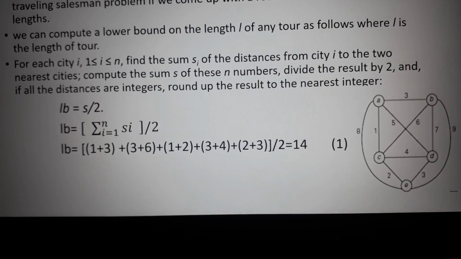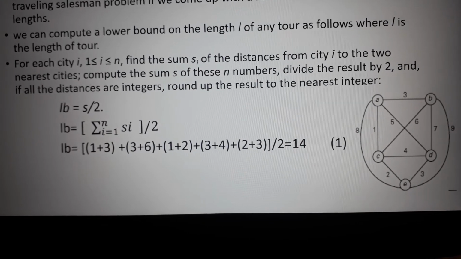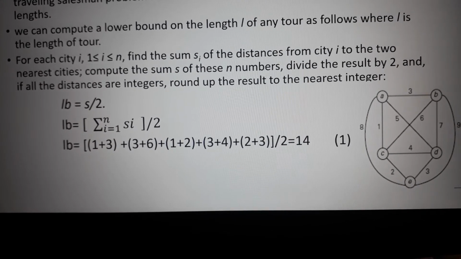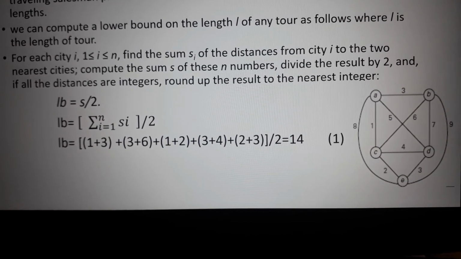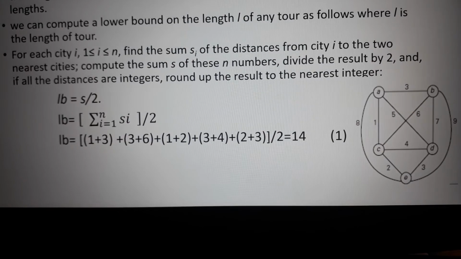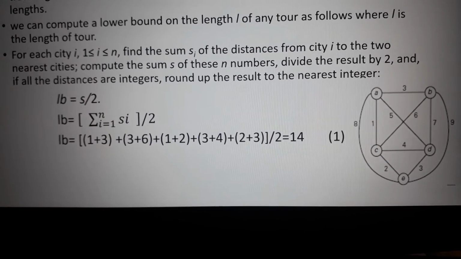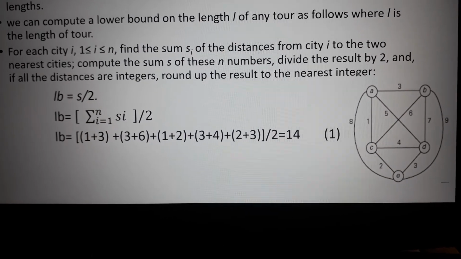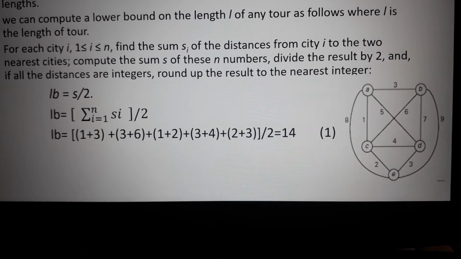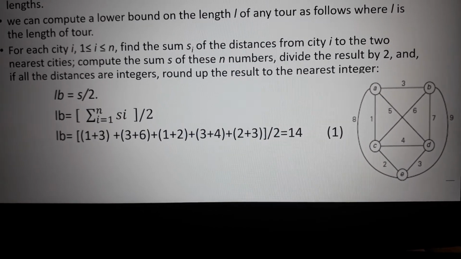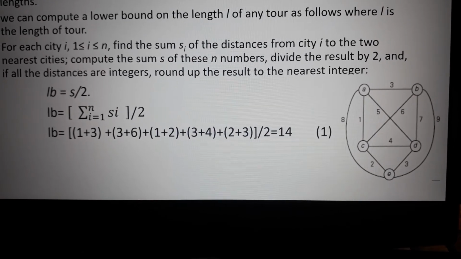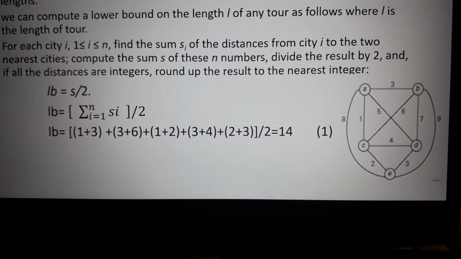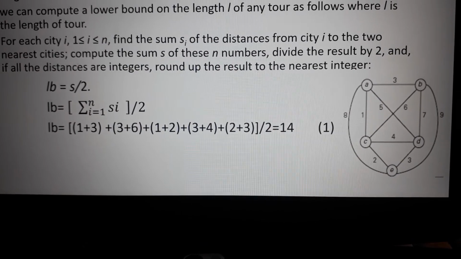So the lower bound on the tour is equal to S by 2. The sum S can be expanded as sigma i equals 1 to n of Si. So LB, that is the lower bound, is equal to sigma i equals 1 to n of Si divided by 2. Now we will calculate the lower bound on the given graph. LB is equal to (1 plus 3)